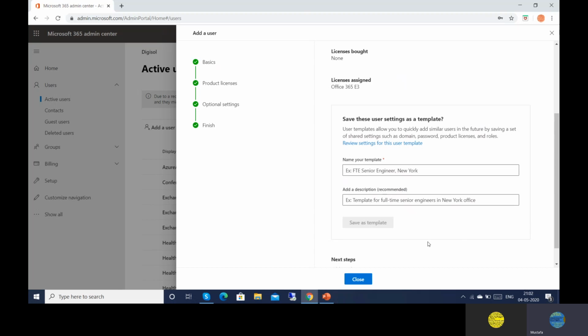One more point I would like to tell you here. You can use the customization template. If you define this type of information in one single template, you can define a template name, add some information, and share this as a template. So you can use this same info in future. That can be helpful. This is optional. If you want to, you can save this template, otherwise we can close this.